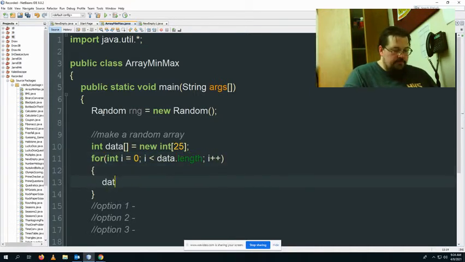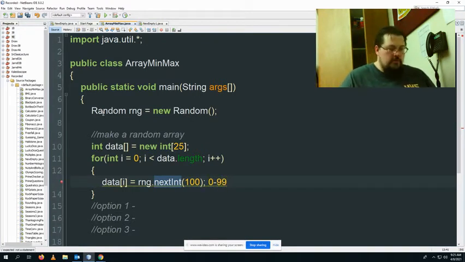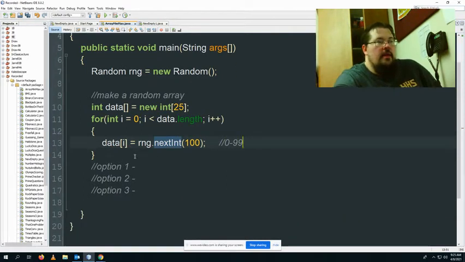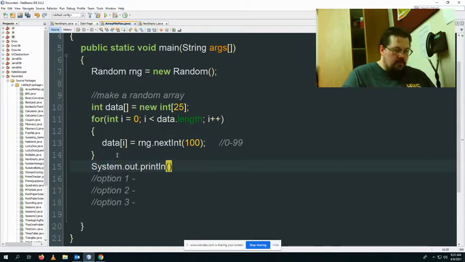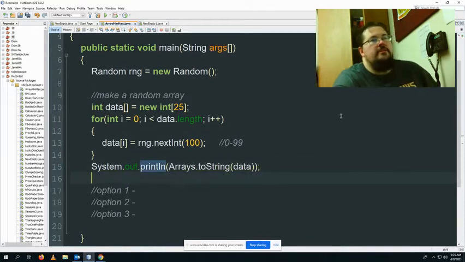All right, so what I'm going to do is load each one of those with a random integer between 0 and 100, or 0 and 99 technically, since we ignore the int value. Okay? And because we won't be able to confirm anything unless we see it, let's do a simple print of the array. Okay, and just to test that,